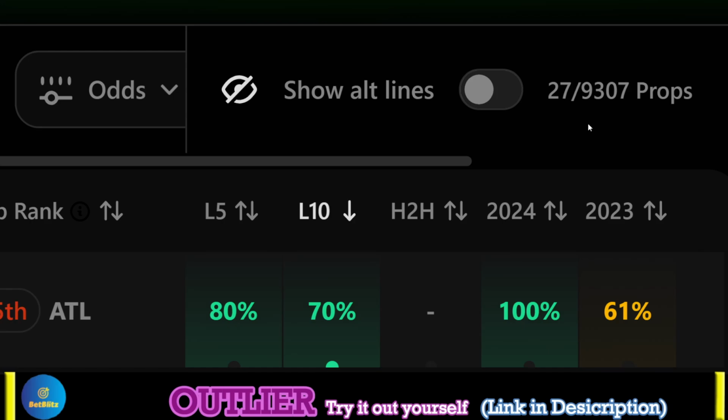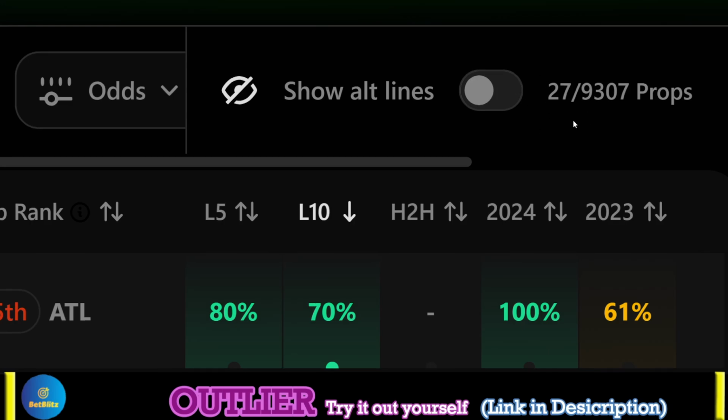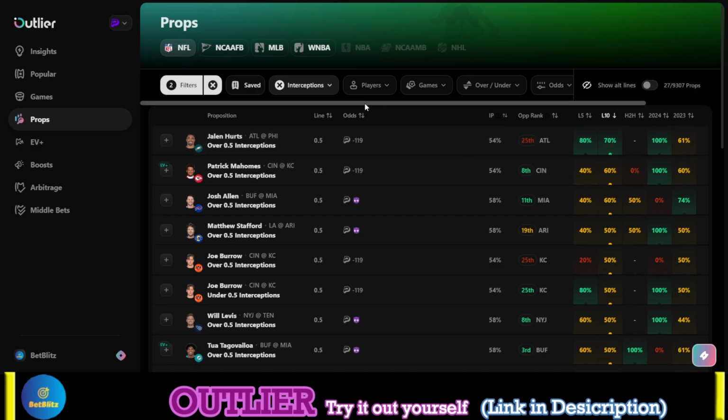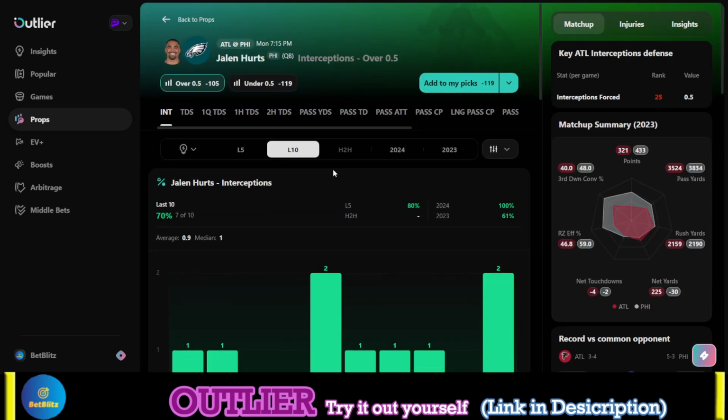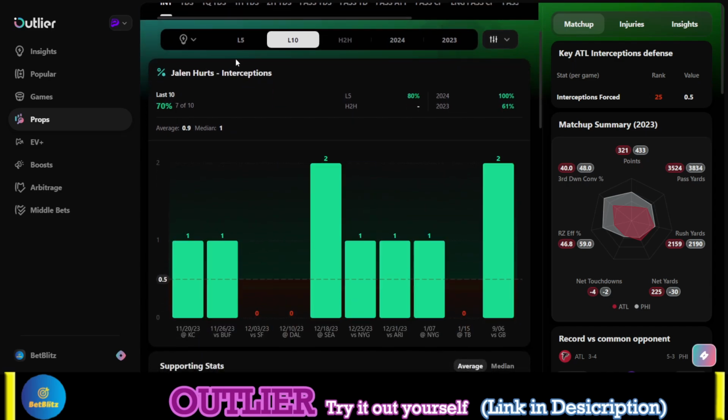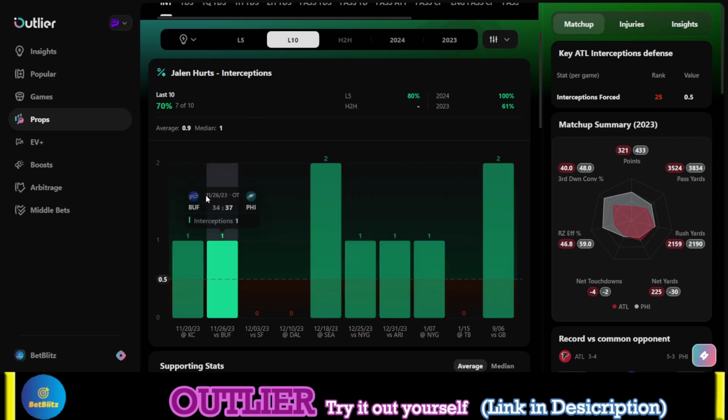And from this list, we can find out which are the best, meaning they have the best chances of hitting. So, for example, let's click on this Jalen Hurts over 0.5 interceptions. Let's say this was on Prize Pick. Using Outlier here, we can see that in his last 10 games, Jalen Hurts has thrown at least 1 interception